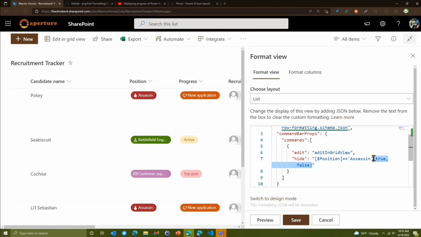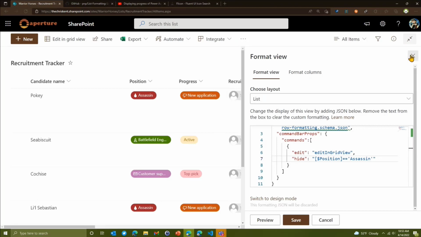So you just have something that evaluates to true or false, and that will work as well, whether that's hide, the title, the text, the icon name, position, and whether it's primary. You cannot do it for section type or the other one, which is selection modes. So let's look at an example of where I find this extremely helpful.